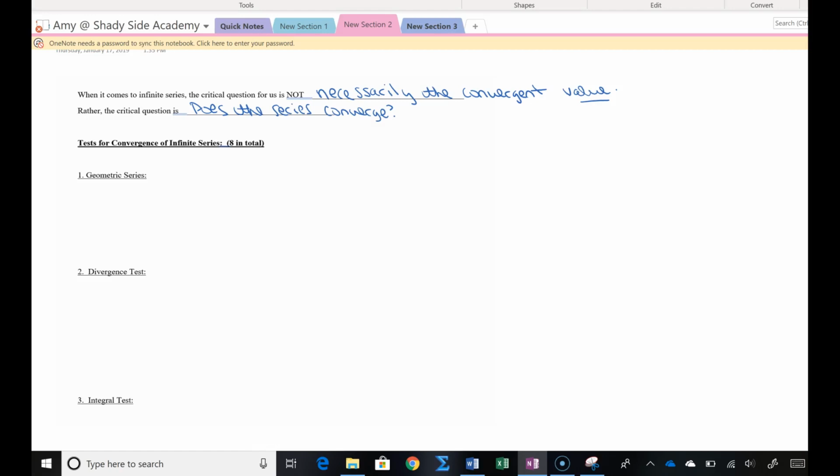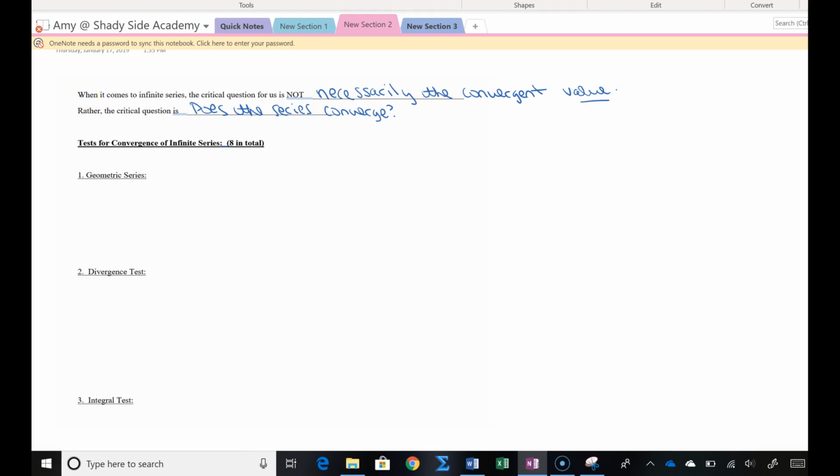Okay, hi BC Calc. So I want you to take out those notes that you had on series. I think the top sheet had arithmetic and geometric series, and this is the back sheet. And I want to start off as we get into the formal infinite series topics with these